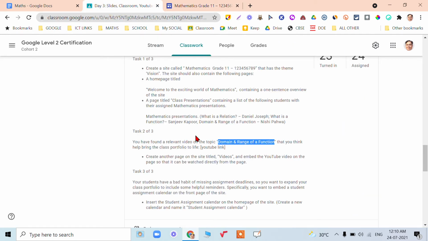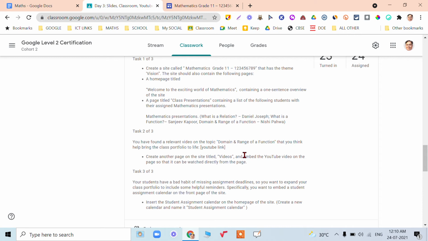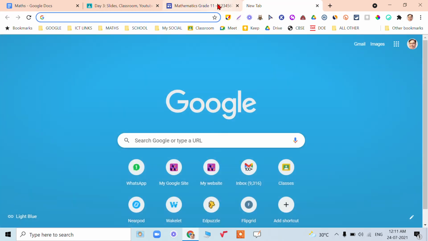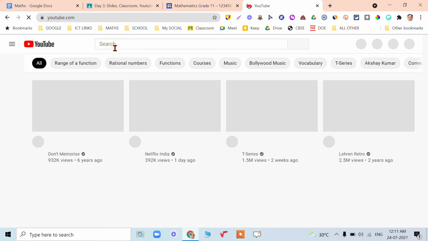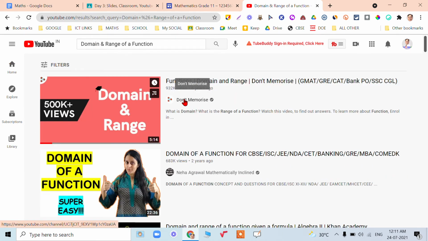Another way, because it is mentioned to embed the video. Technically getting the video from here or embedding the video is the same, but as it is mentioned to embed the video, we can go to YouTube and again search for some relevant video, domain and range.